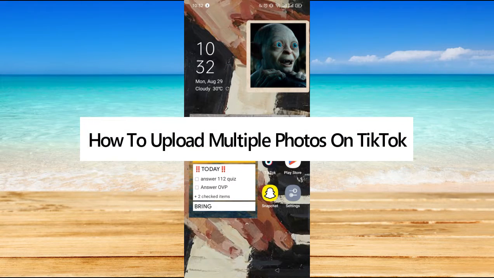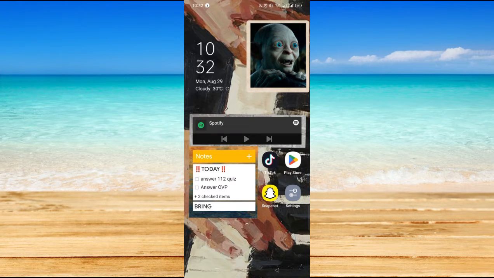How to upload multiple photos on TikTok. Hi, for today we are back again to our quick and easy video tutorial on how to upload multiple photos